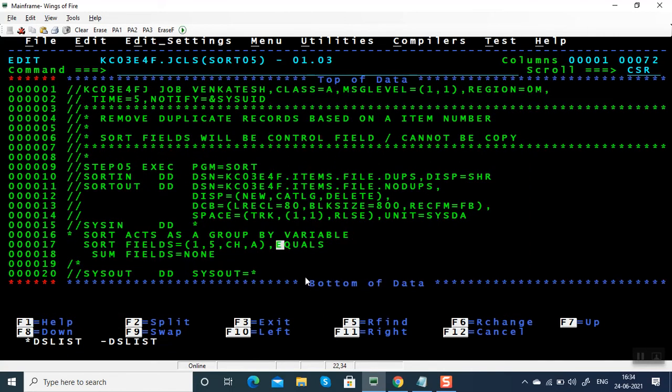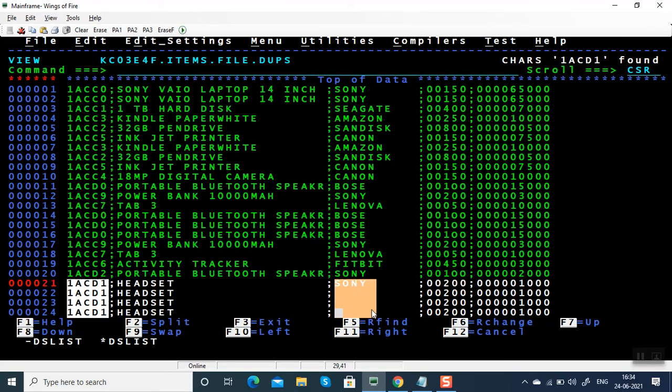If you don't give the EQUALS keyword, it is going to bring one of these four records. It has a routine based on which it decides which record goes to the output. But if you give EQUALS, it is always going to bring the first record. So what I suggest is, whenever you use a sort program to remove duplicates, make sure the first record is the correct record, or the entire record should be duplicate.